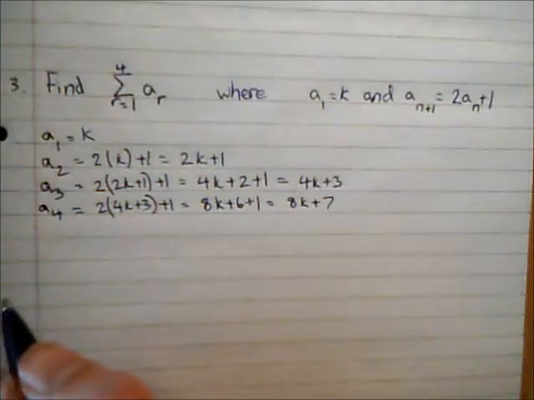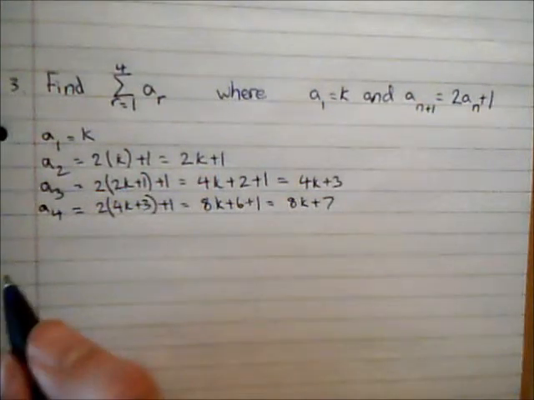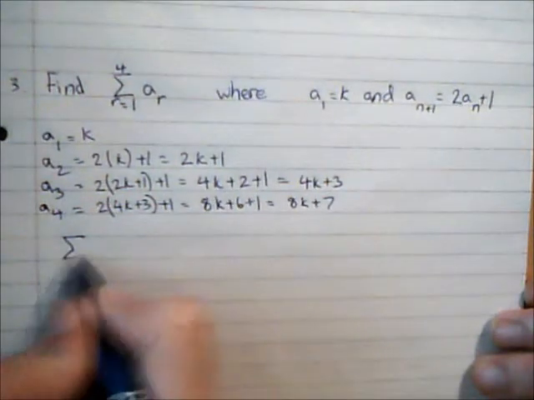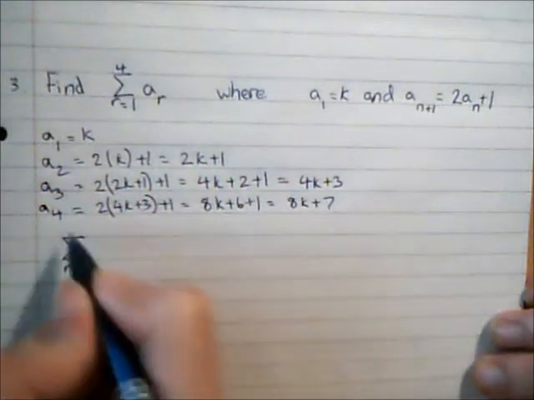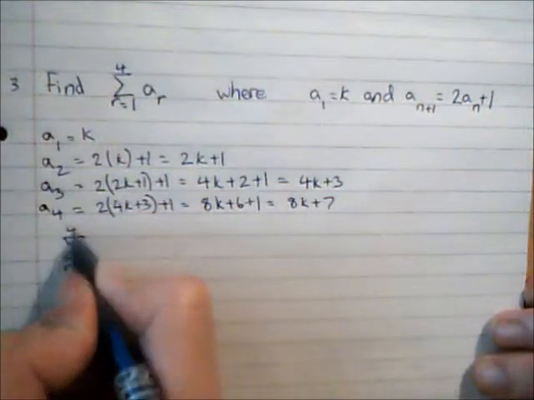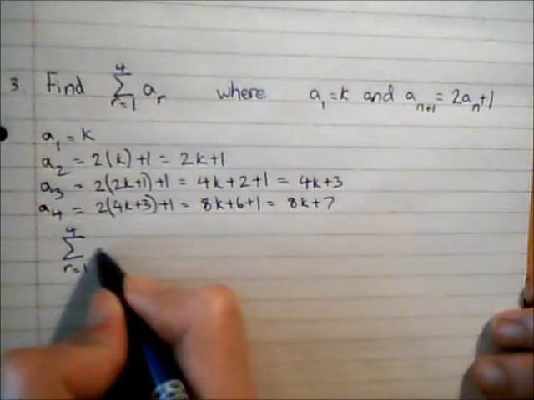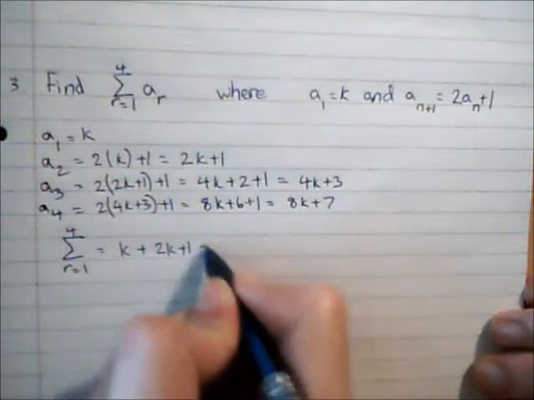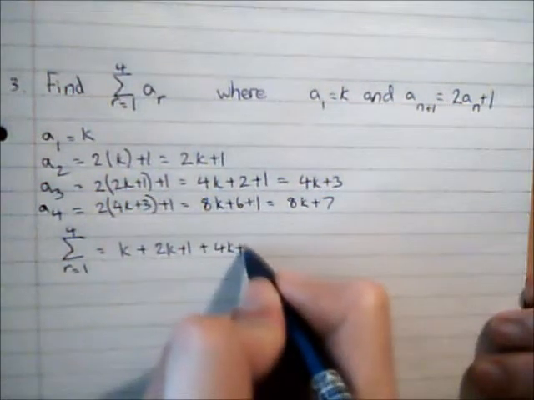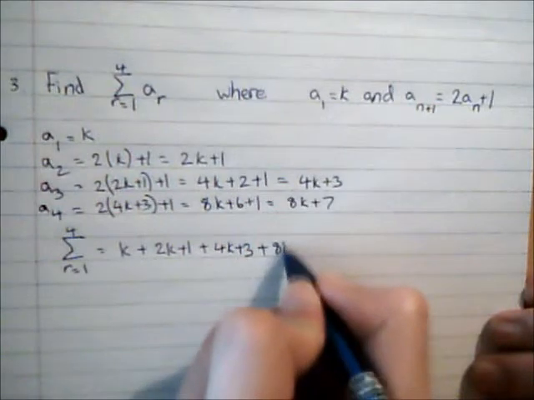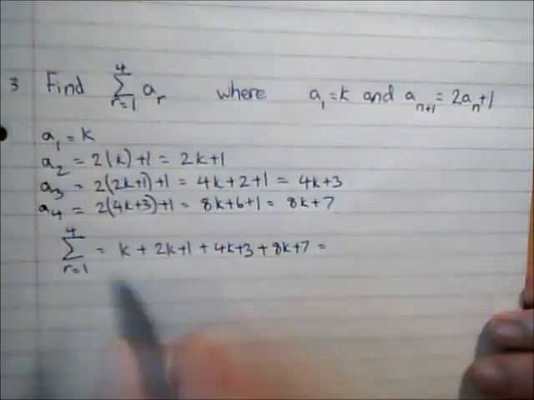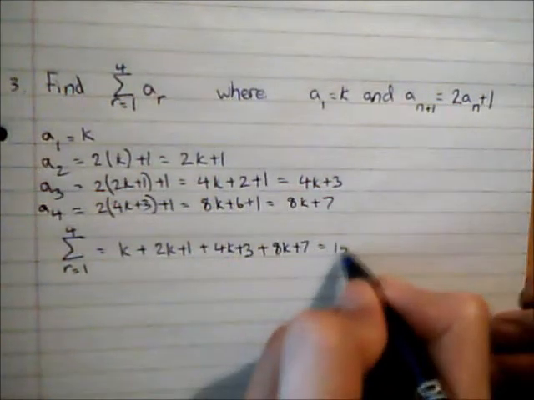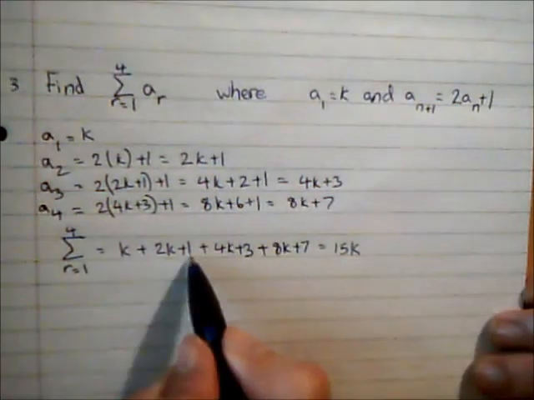So now I can find the sum of the terms. So the sum of terms for r equals 1 up to r is 4 is k added to 2k plus 1 added to 4k plus 3 added to 8k plus 7, so that's 1, 3, 7, 15k, and 1 for